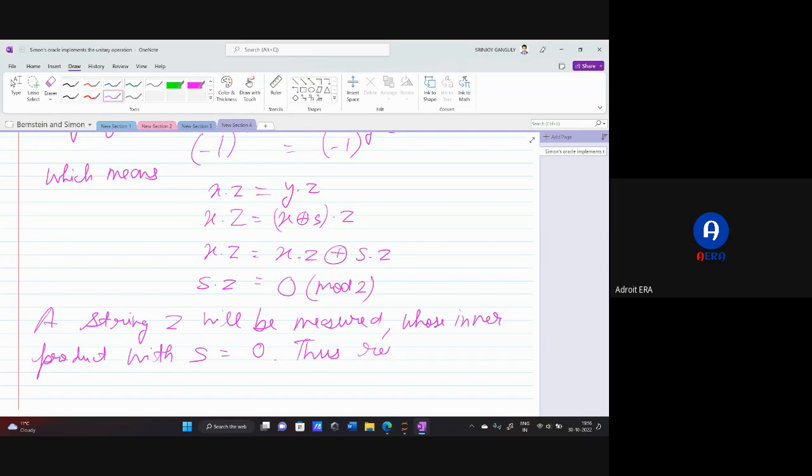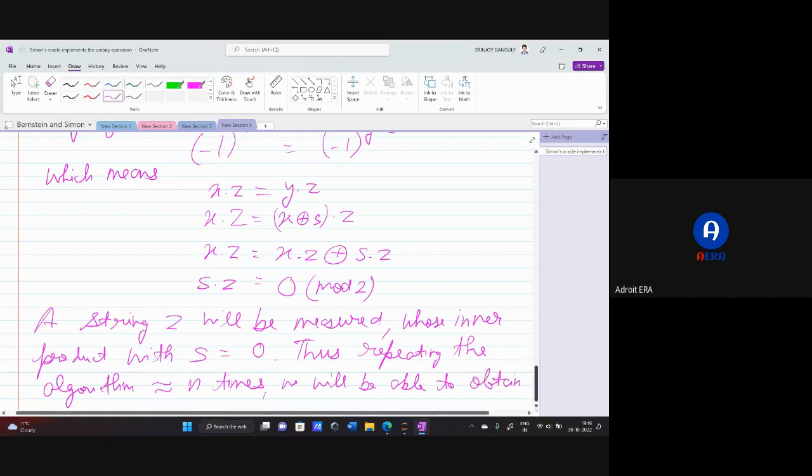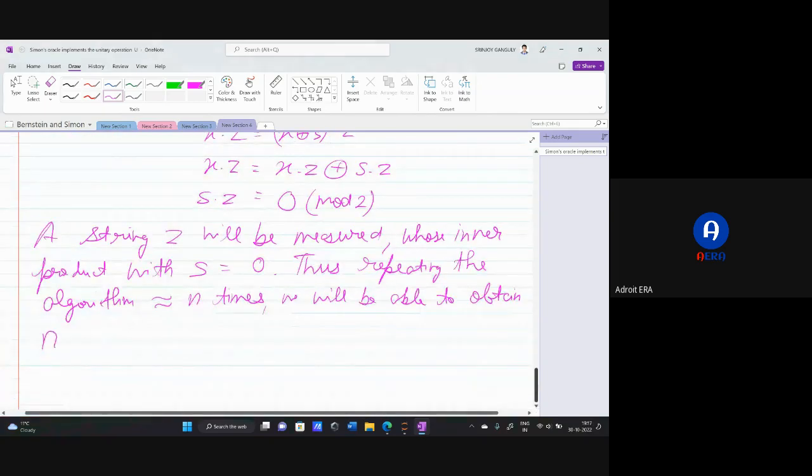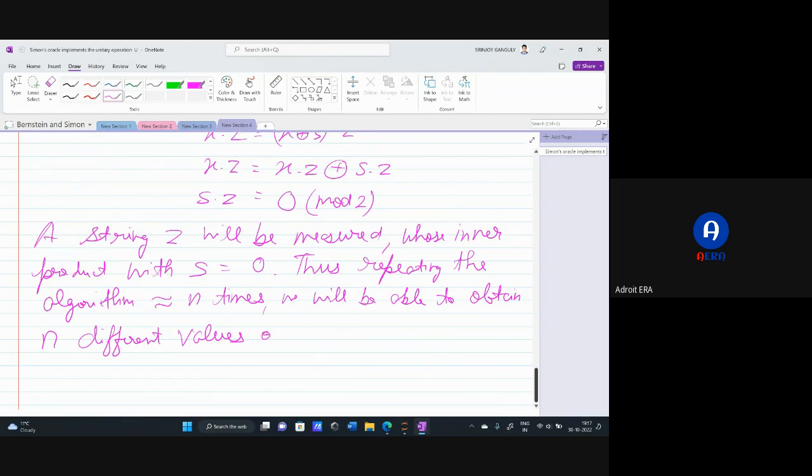Thus, repeating the algorithm about n times, we will be able to obtain what? n different values of z,